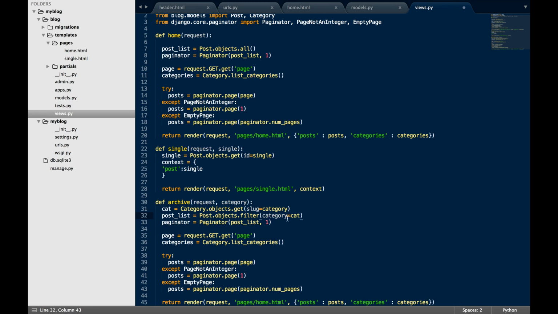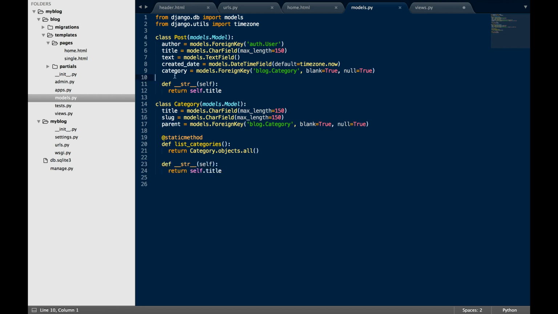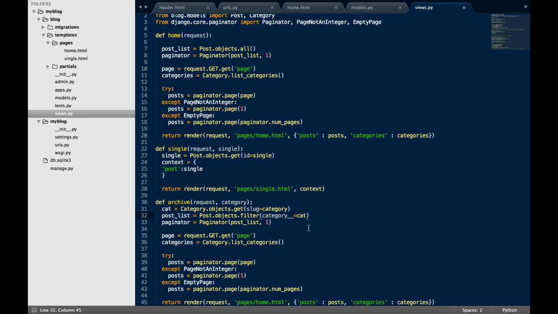So there's a special filter in Django where we can say category, so that's the name of our field, underscore underscore, and this is only if it is a foreign key field. So we are now calling this particular field our category field, and we can call any attributes on the category that matches this. So we can call any of these attributes, including the ID attribute on this particular category from here. So I'm going to go back to here, and the way that we call the ID